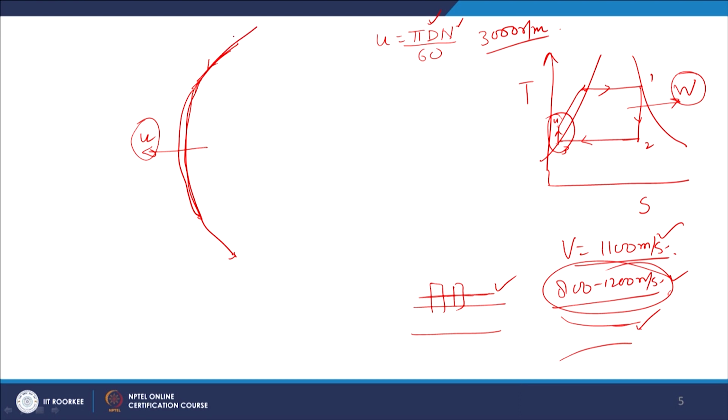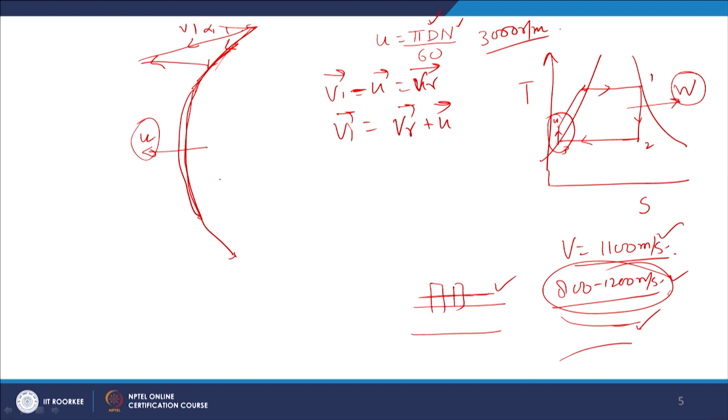Now, steam should glide over the blade, as I said earlier. So, we will say that vector V1 minus vector u should be equal to vector VR, the relative velocity vector, right. So, vector V1 is equal to the relative velocity vector plus the peripheral velocity vector. In this vector diagram, if we add the peripheral velocity vector, we will get the V1 vector, right? And this angle is known as the nozzle inlet angle, sorry, and this angle is known as the blade inlet angle.